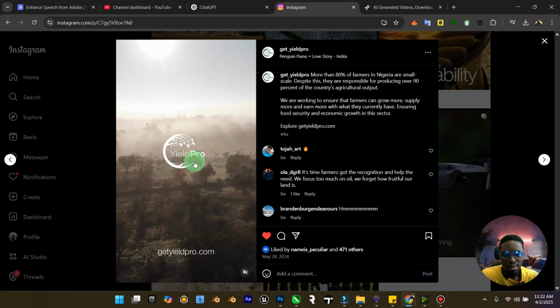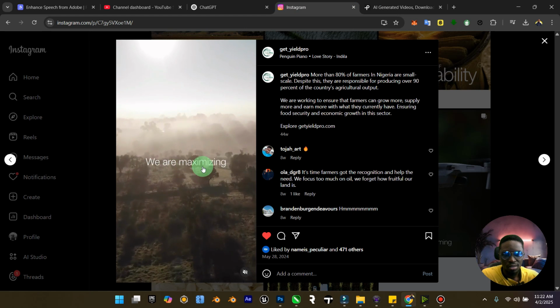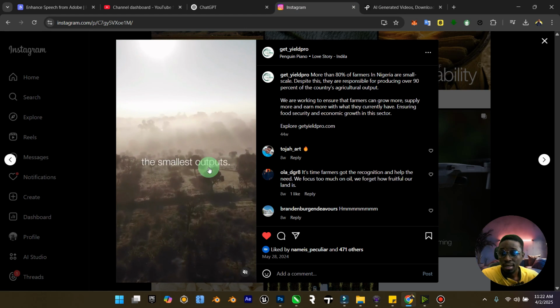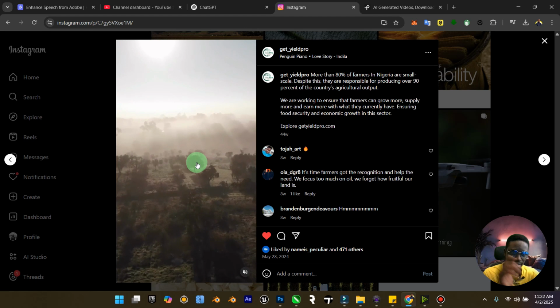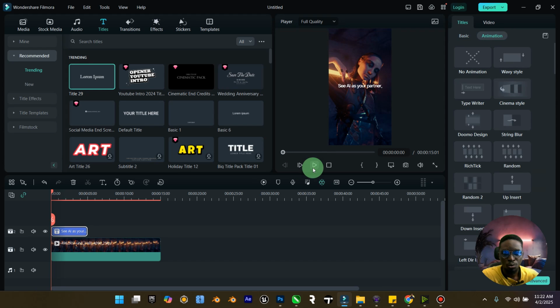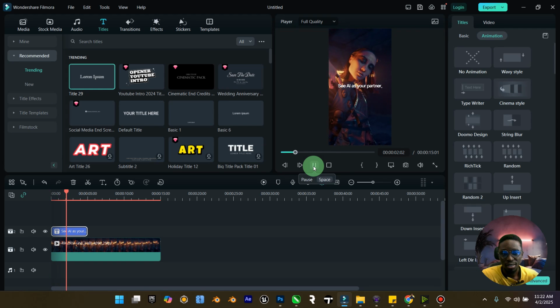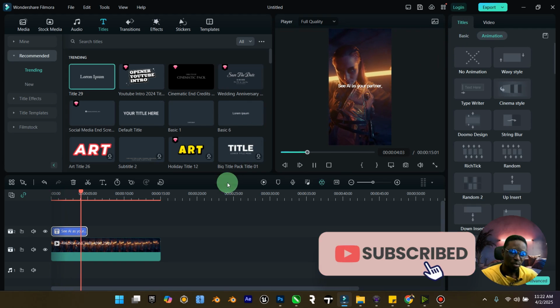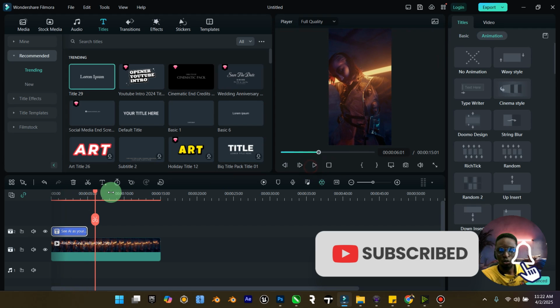You'll notice that, let me play it again. It was not typed in, right? The text wasn't typed in. It's faded in and faded out, right? So for this particular text, we'll just press no animation. Let me see if it's going to work. Yeah, so there's no animation that has been attached, right? So we just wanted to show